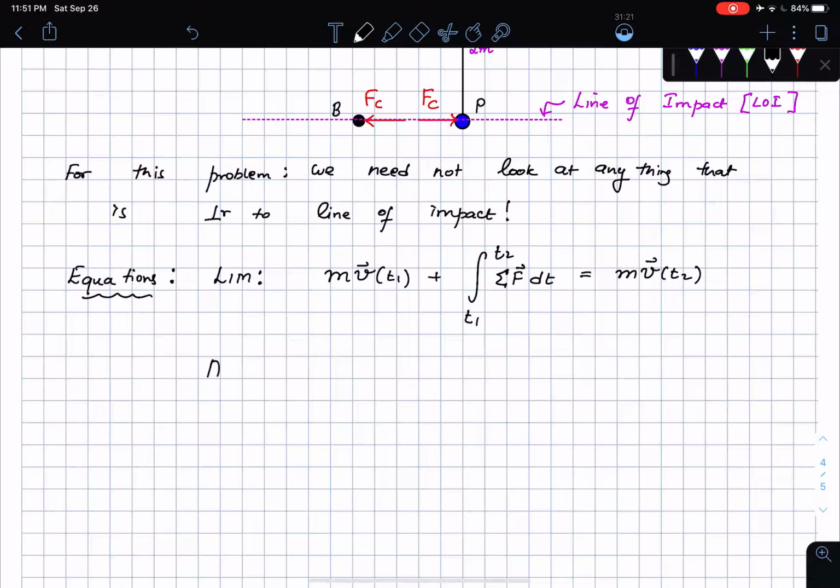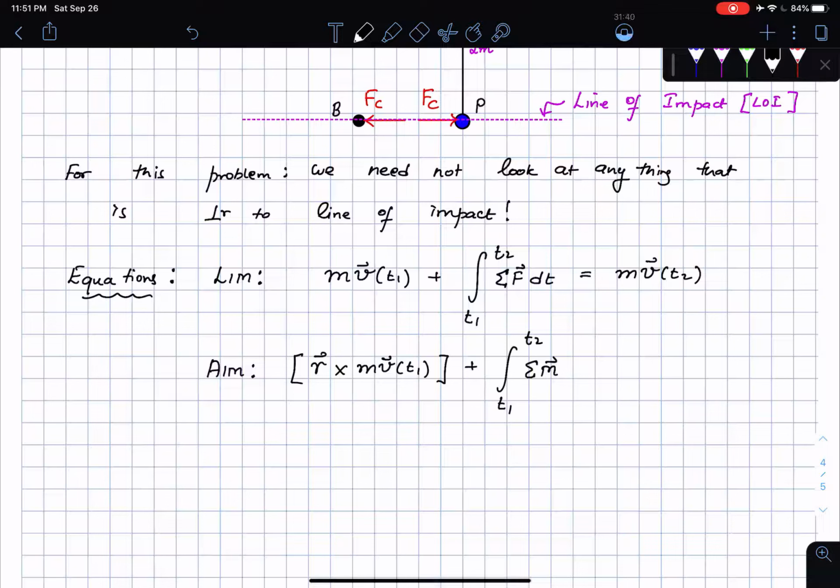And likewise I'm going to have the angular impulse momentum, which is going to be r cross mv at t1, plus the integral from t1 to t2 of the net moment,